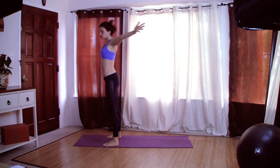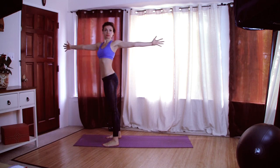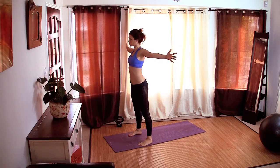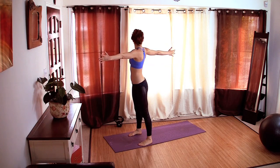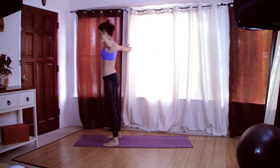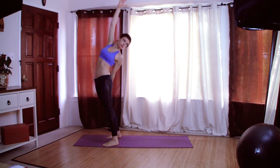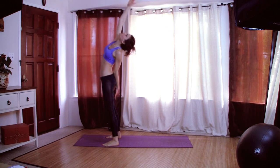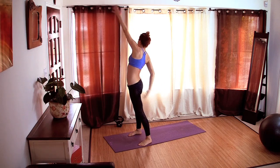And let's reach out to the sides, twist, lock your hips forward and twist over to your left, hips facing forward, back to center, over to the right, back to center. And let's bring the left hand down the right leg, reach over with your right hand, tuck your tailbone under, change sides,